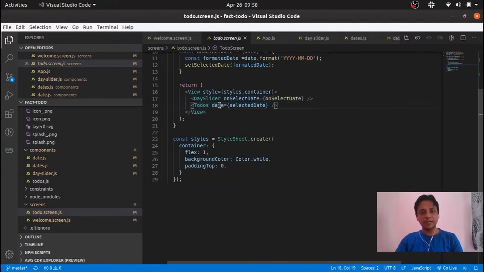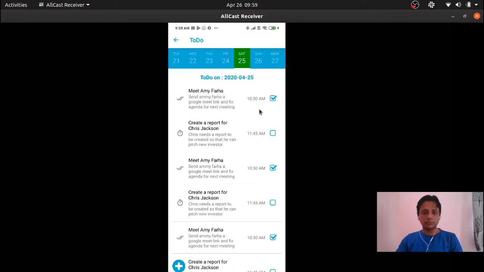I have put in the selected date, so which date has been selected. This is important because in future we might need to use this date to fetch some to do from the backend server or some APIs. Then we can use this date as a parameter to those APIs, and they are going to give us my saved to dos, and then I can use those.